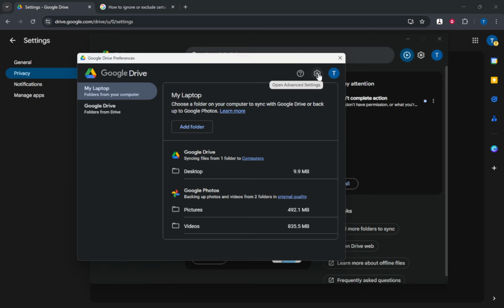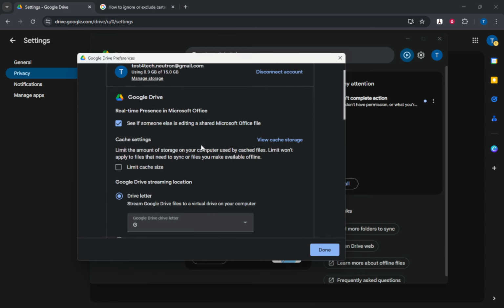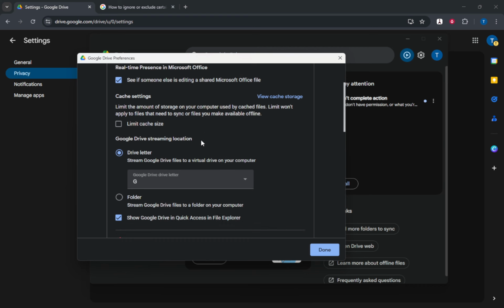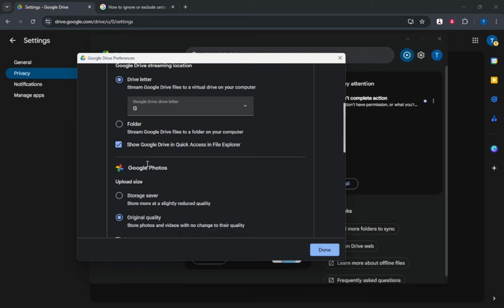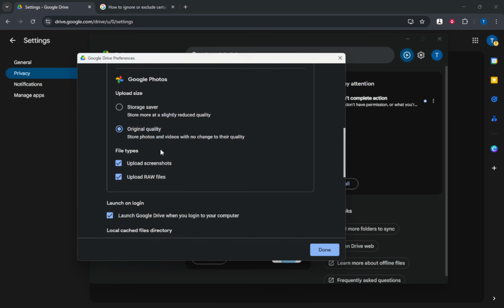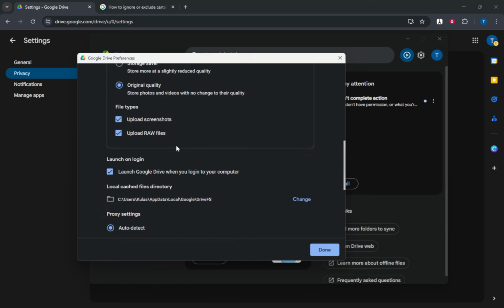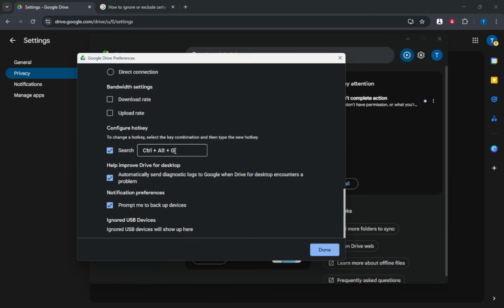Under the Advanced Settings, you'll find an option labeled something like Google Drive Streaming Location. This indicates where your mounted or streamed files currently reside on your computer. Here, you'll see an option that allows you to change the folder or drive letter associated with your Google Drive files. Selecting this option is crucial because it takes you to a browsing window where you can choose a new